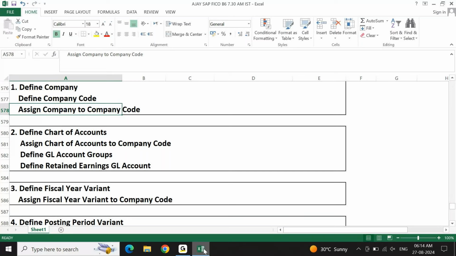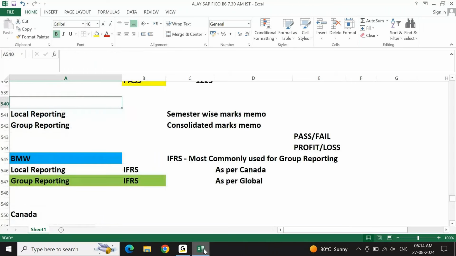When we say company and company code is always a one-to-one relationship, understand for which client you are going to work. When I say understand for which client you are going to work, you need to decide what is your client name that you are going to implement SAP. If this is not clear, you're not supposed to start your configuration, or you're not supposed to practice your SAP FICO.